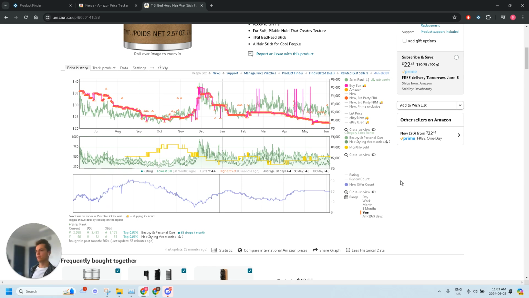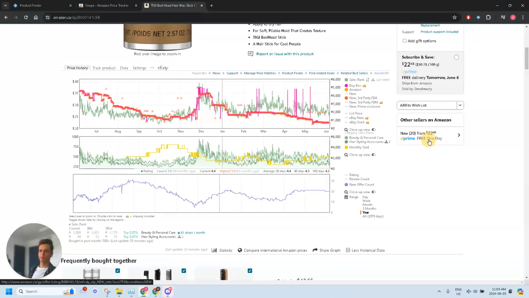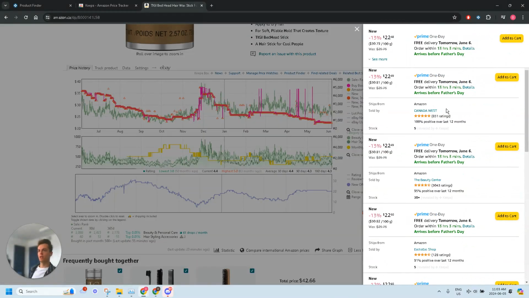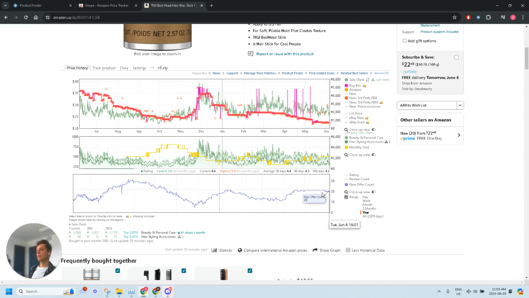This is basically the number of offers, the number of sellers that are on this listing in any given moment. So that's the number of competitors that are all together competing for the buy box. And so, in this case, we have about 20 offers, and we can see that here. In the other sellers on Amazon, there's 20 new offers for this product. So if we click into here, there's all the different sellers. They all have their own separate prices. And so this kind of is the last piece of the puzzle for looking at the trends on a Keepa